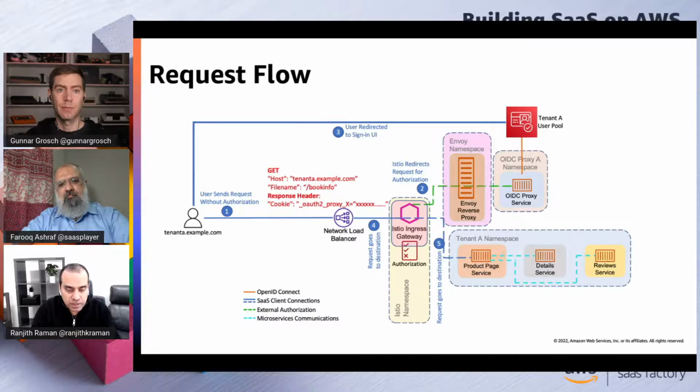Well, it goes back to one of the earlier points that we were making, right? For identity, that's exactly why we have a separate OIDC proxy for every single tenant. The first time we approached this there was a single proxy that would accept requests, and then it would go to the user pool. But we felt that you don't want something like that, especially with noisy neighbor scenarios.